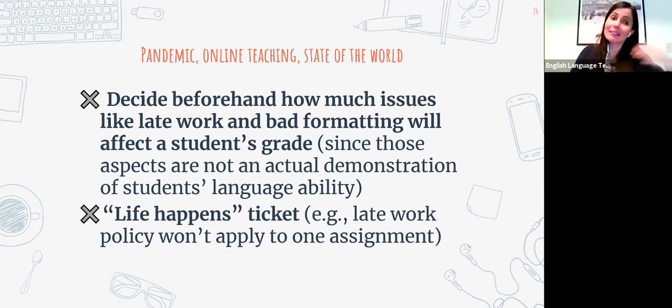Also think about how much lateness actually affects their grade, because you can have a student who will submit a perfect assignment, but it was 2 days late, and you take like 20% off their grade, so it's not a representation of what they can actually do with the language. So we have to think very carefully about how issues like late work and formatting and technical issues will affect their grade, right?